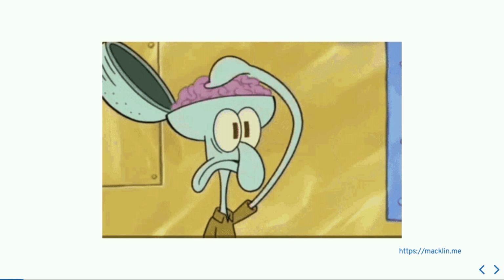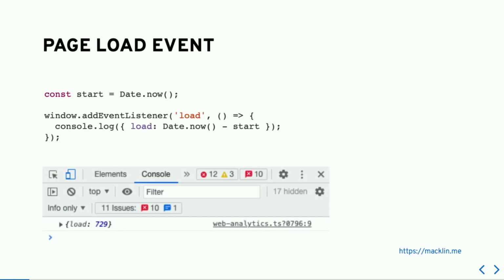So if I was going to track web performance in a really naive and simple way, I might do something like this. Here's like 4 lines of code, really, even less. You might take a timestamp as early as you can when your page is loading, as soon as your JavaScript starts running. And then add an event listener for this particular event here called just load, nice and simple. Track the difference between those 2 timestamps and that would give you the page load time, right?